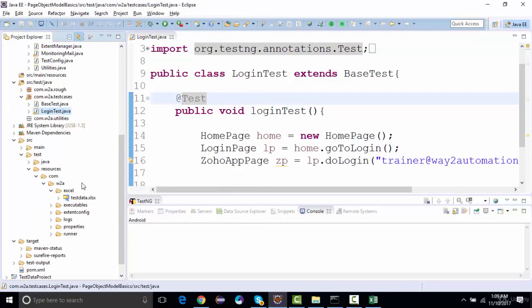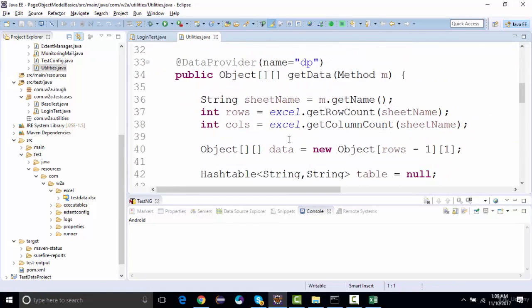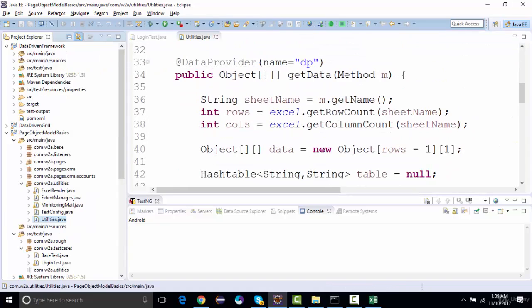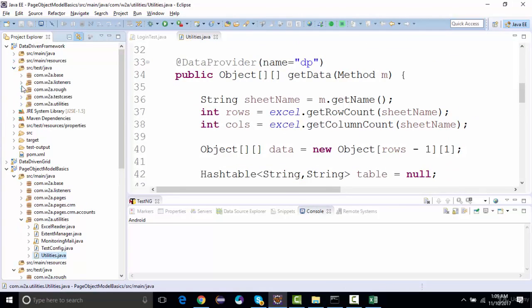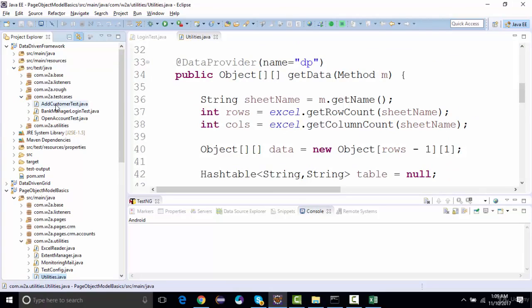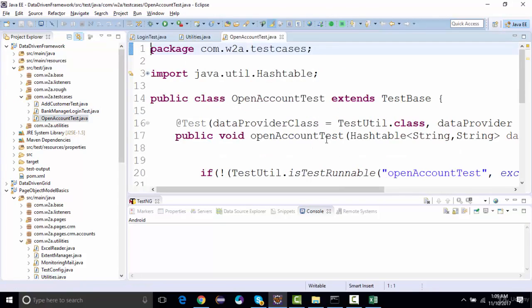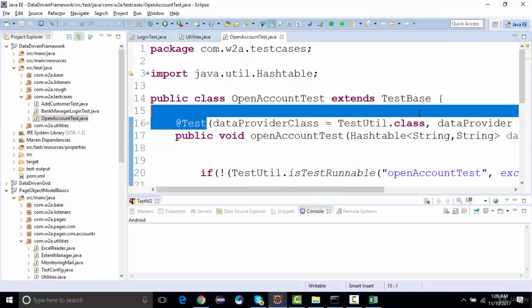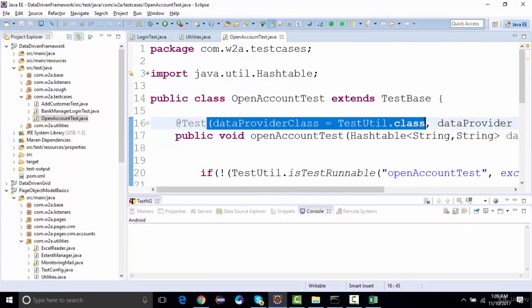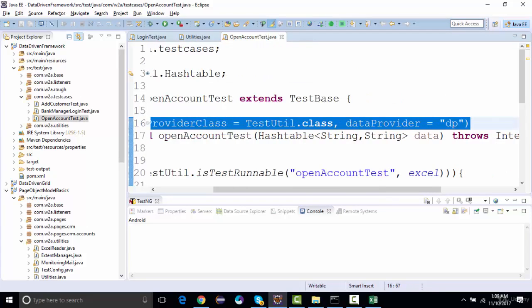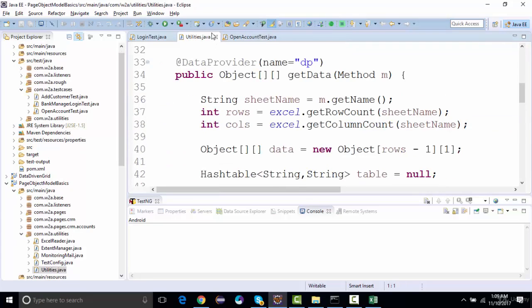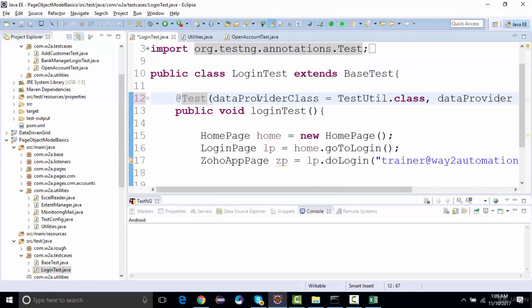After doing this, we need to mention the data provider class. So we are keeping the data provider in a common class that is utilities. Like we have done in the data driven framework initially, in test cases we were specifying that the data provider class is test util, that is our utilities in page object model, utilities dot class, and the data provider is this DP. Same way, if you take a look at utilities, we have given the name of the data provider as DP. So I'm gonna mention the class name as utilities,